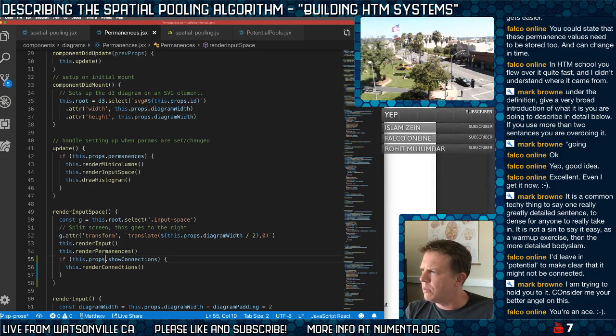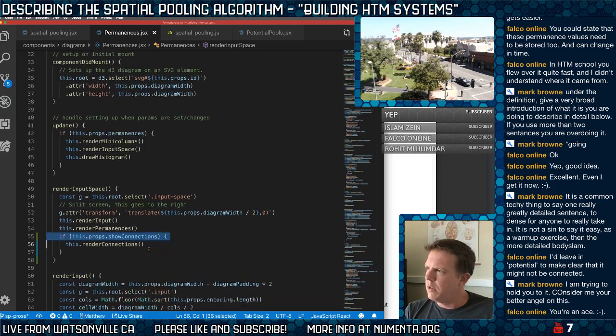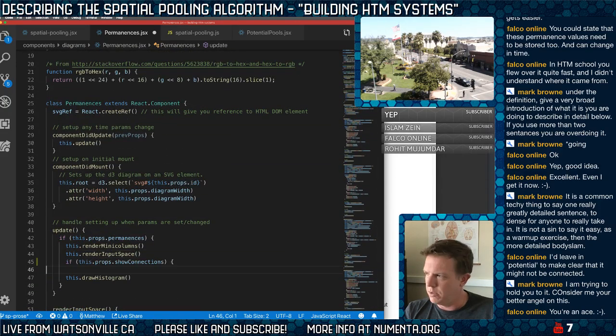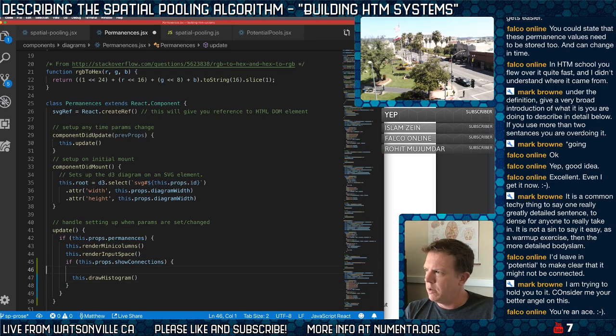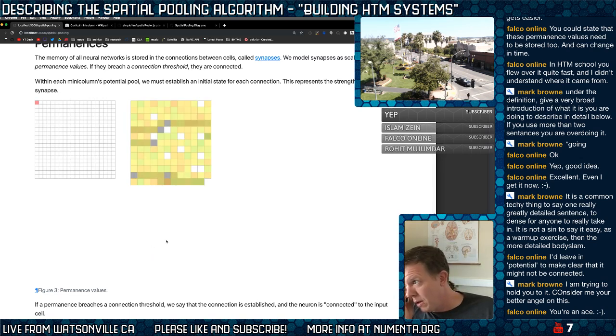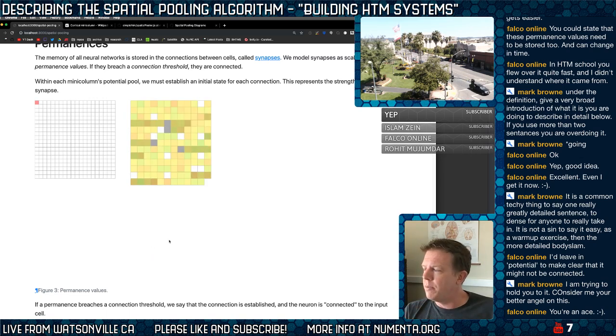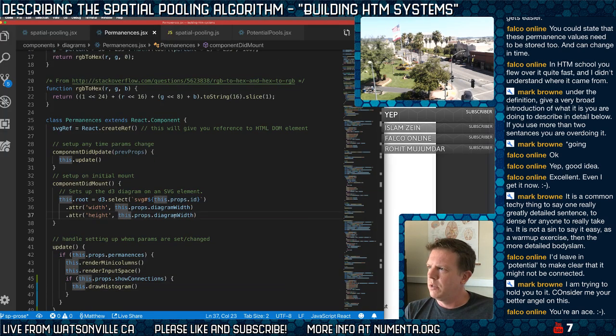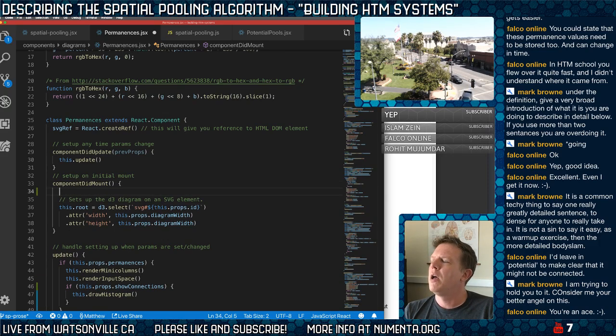Okay, so one more thing. If show connections, draw histogram. So if show connections, draw histogram. Same thing. Go away. Okay, cool. That's what I want. But this is also going to change my width. Okay, so